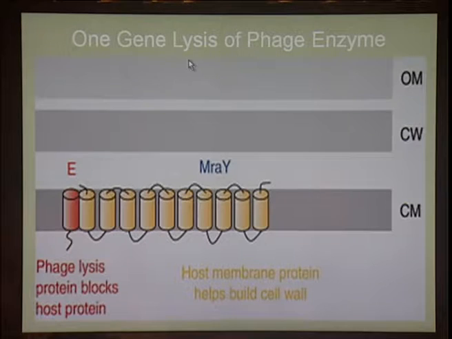And when we consider that lysozyme is only present in humans, it is wrong. Lysozyme is also present in bacteriophage. This phage actually degrades the bacterial cell wall, and you can see the lysis of the bacterial cell wall by phage enzyme. It has two definite mechanisms. One is the one gene lysis or one gene system, and the second one is the two gene system.